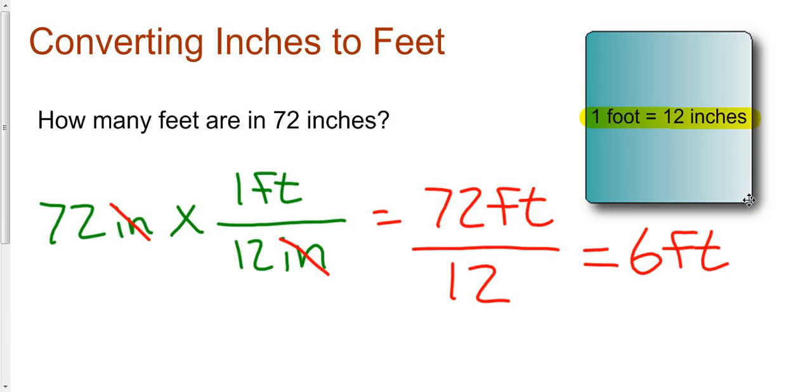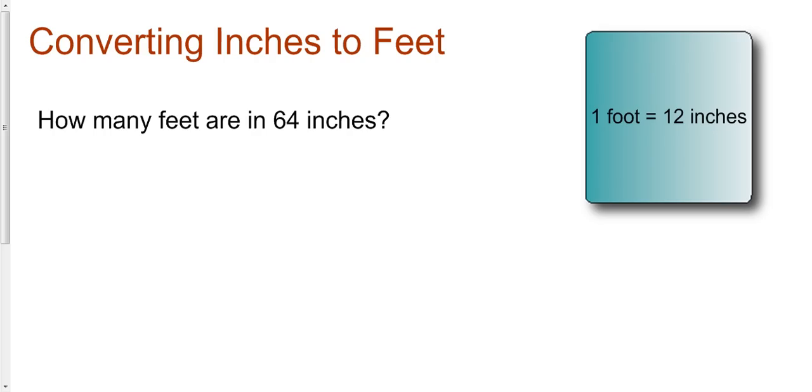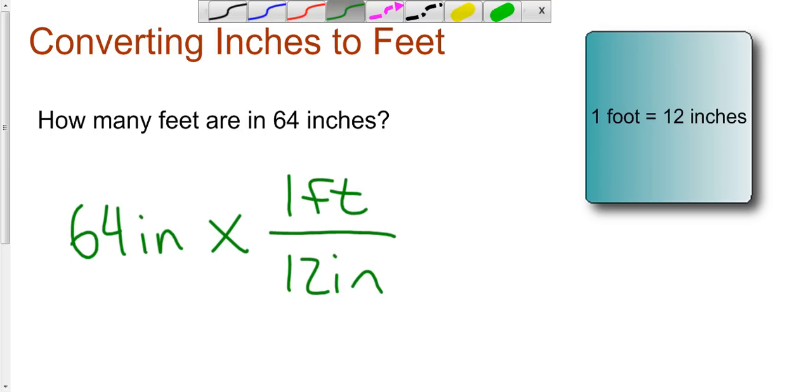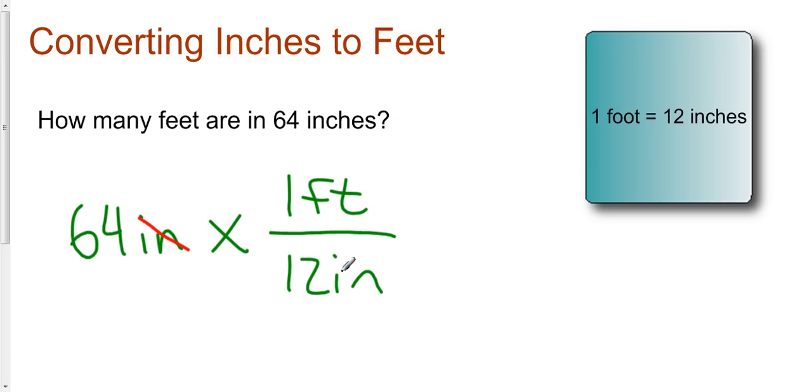Let's have a look at another problem. How many feet are there in 64 inches? I'm going to start off again with the unit that I have, which is 64 inches, and I'm going to multiply it by my rate, which is 1 foot for every 12 inches. And the same thing's going to happen. My inches are going to cancel out, and I'm going to be left with 64